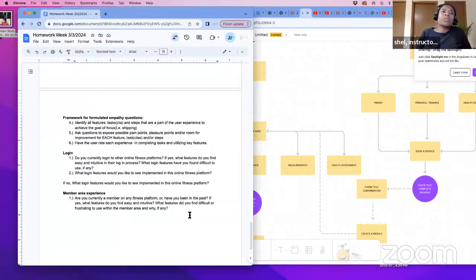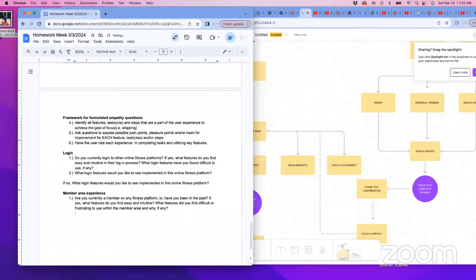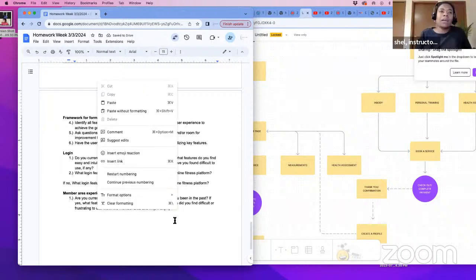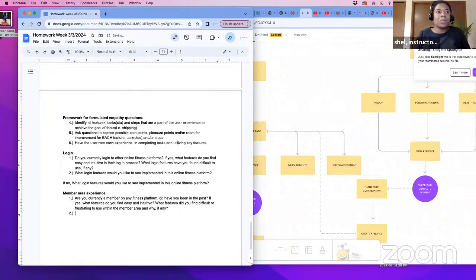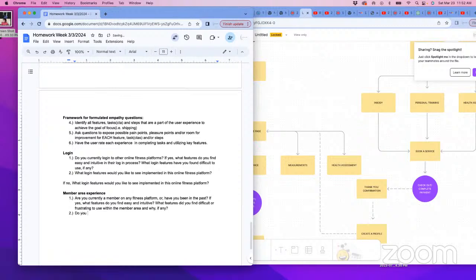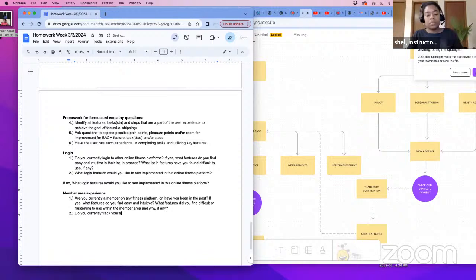So let's ask questions about their experience in tracking their progress within a fitness app. How would we form that question? Do you currently track your progress or stats